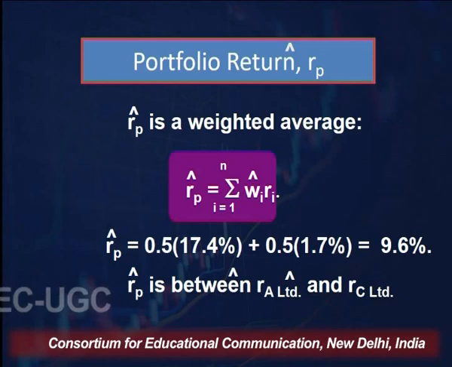So the portfolio return is lying between the return of one asset and the return of the other asset. So there are two bars, the lower one and the upper one. Always remember that the portfolio return will always be somewhere between this. It cannot be less than the lowest and it cannot be more than the highest return.